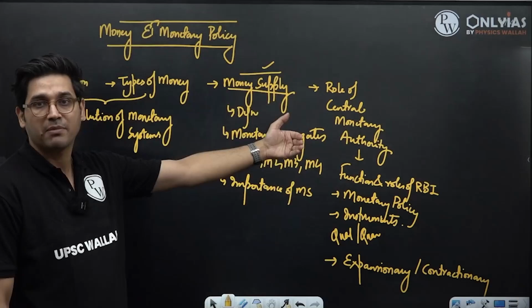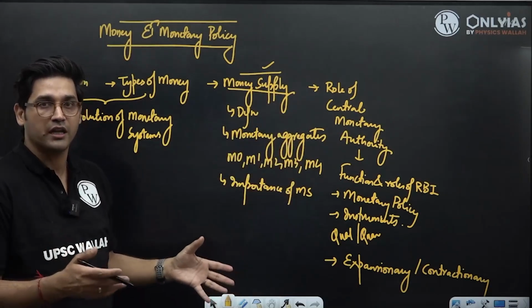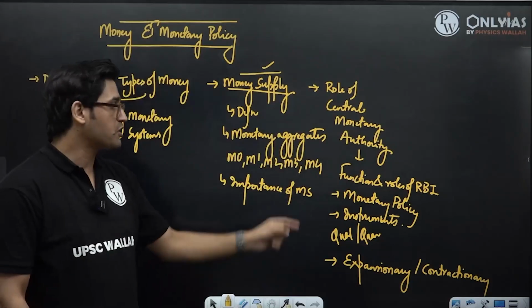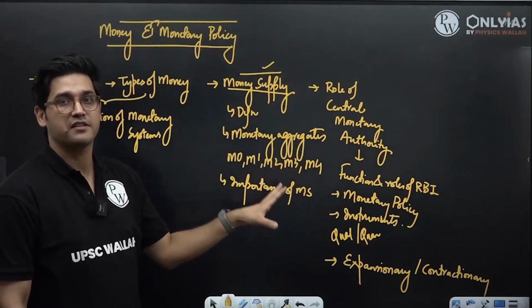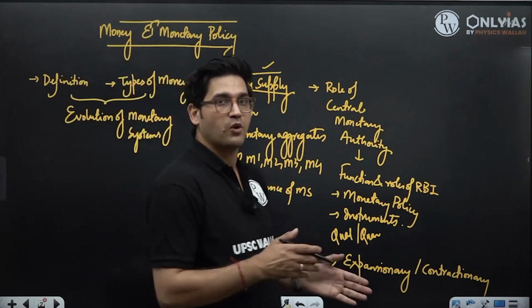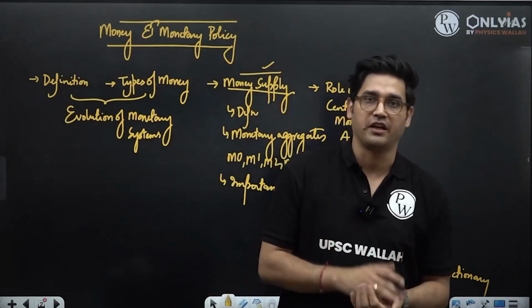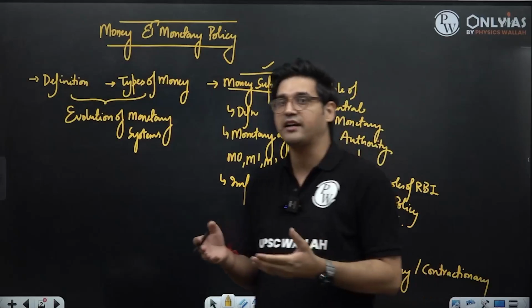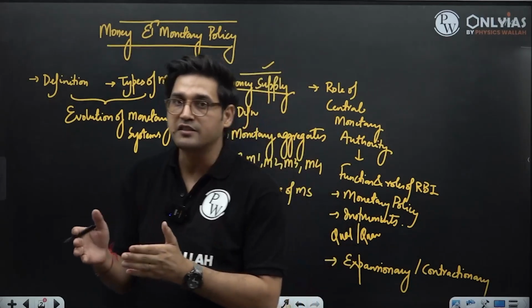How does money supply get influenced? Which is the body, right? The role of RBI, the various functions of RBI. More specifically, the important function of RBI, which is that of price stability, which is what concerns the monetary policy of India. What do we mean by monetary policy? What tools does RBI have at its disposal to influence the monetary policy?